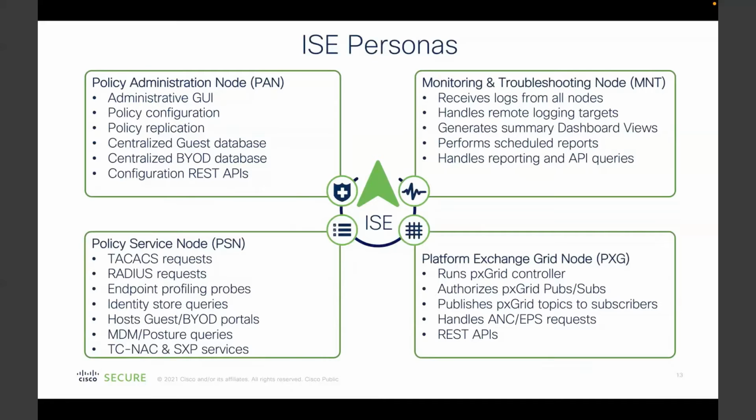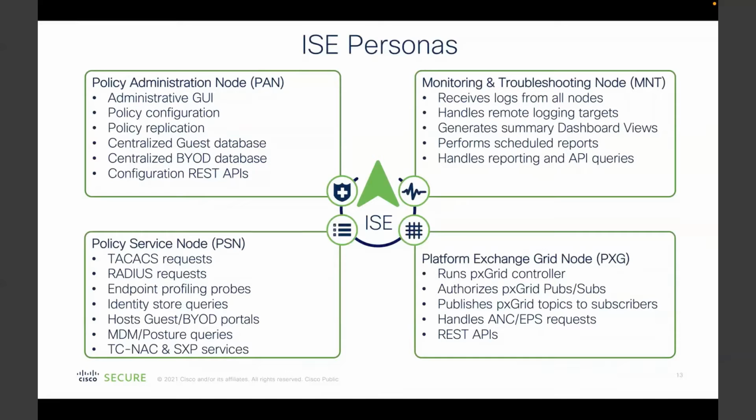We can send them context about that user or that endpoint to let them know, hey, Thomas just came on the network. He's at this IP address. If you want to go kick off a scan, you can do it. Or if you are a group-based firewall, you have the ability to know that it's Thomas at this IP address when you see these packets coming in and he's a member of a specific group. And now you can apply that group membership that Thomas is a part of in your access control list policies on that firewall. There's other things you can do, like kicking off vulnerability assessments and other things, but that's basically